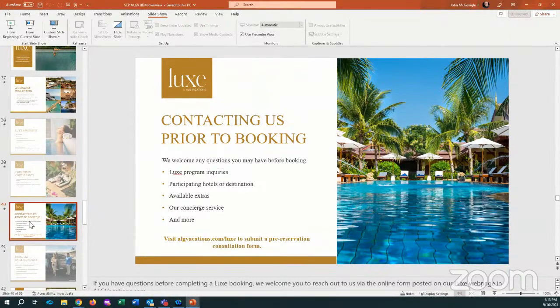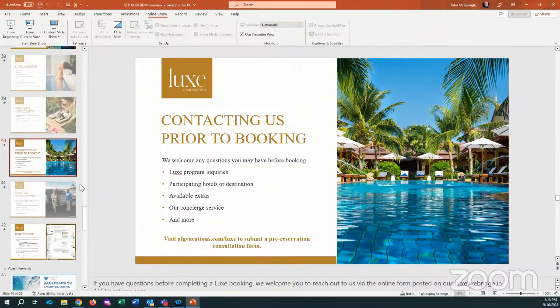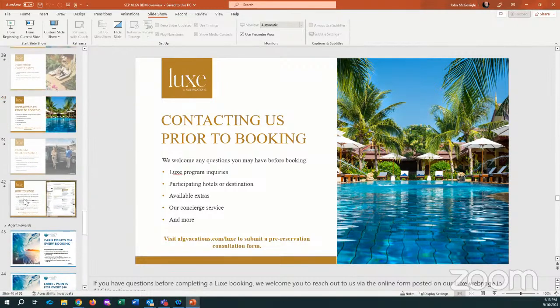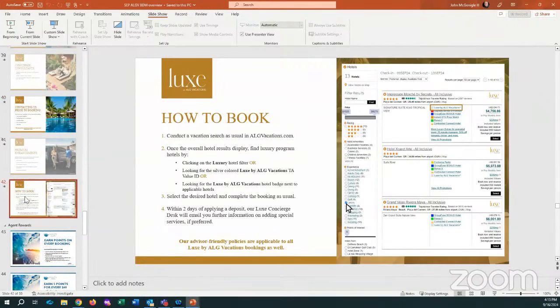But you must be choosing one of the Lux hotels. It can be multiple hotels in a booking, London, Rome, Paris, or domestically in Arizona or California, what have you. As long as it's branded as a Lux hotel, this team will help you with it. So if it's just average hotels, if you're booking non-luxury properties, then that's not the team you want to focus on. Where you'll see that is right here.